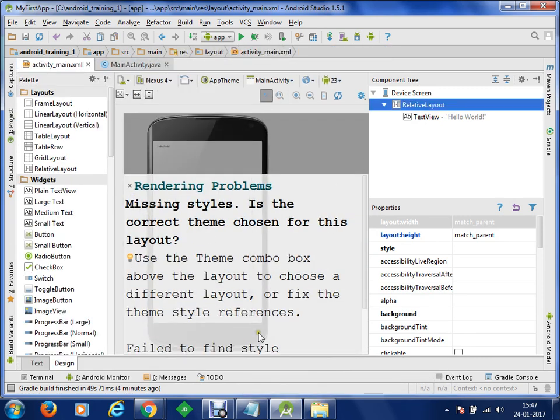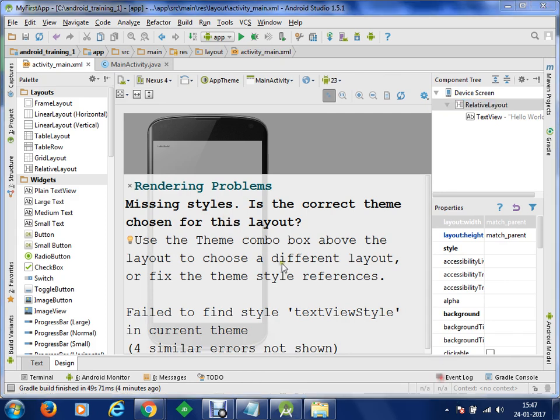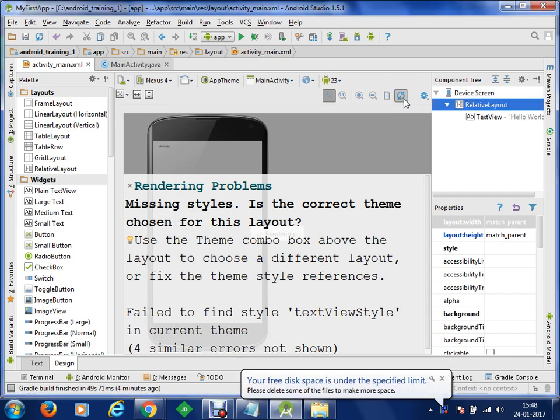Sometimes, during the development of the project, you can face rendering problems. In order to overcome rendering problems, there is a sync or refresh button here. You can simply click on this refresh button and the rendering will be done again.